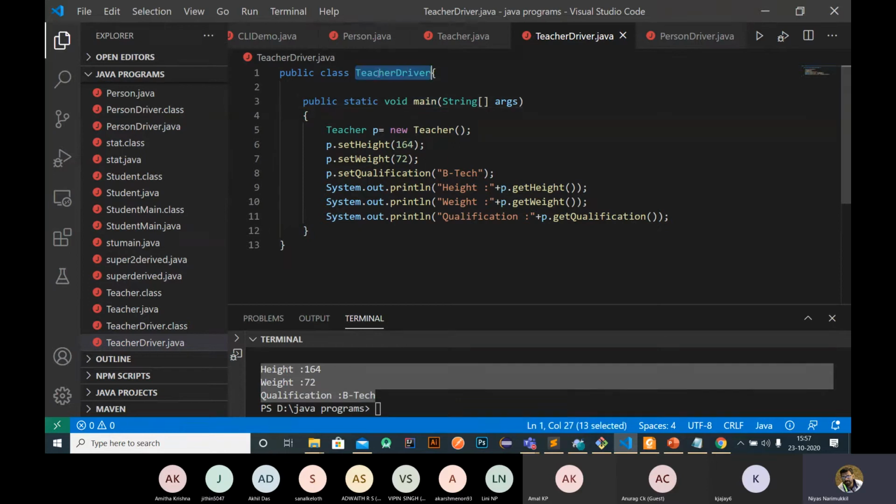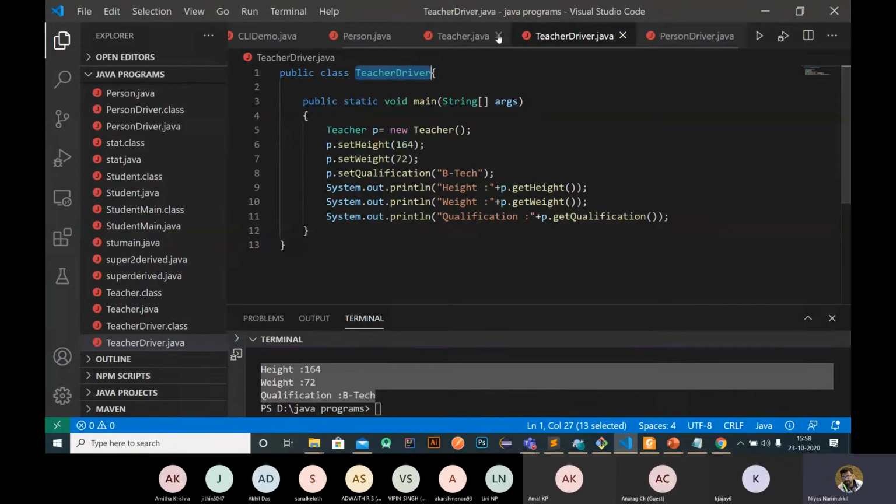So that's why I just named it teacher driver. Here it is a single class, it is not inherited. We are creating an object of the teacher class inside this teacher driver class, which is why I named it driver.